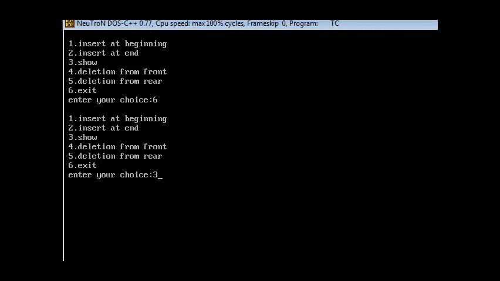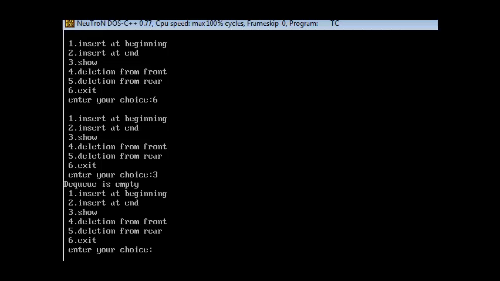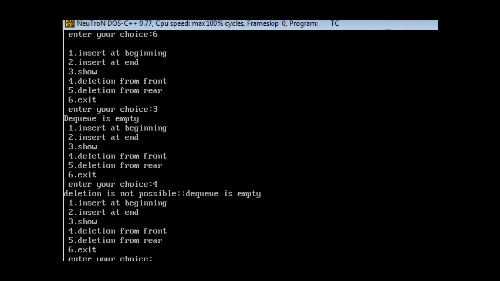You cannot display the values of an empty queue, so a message will be displayed on the monitor: the queue is empty. Now try to delete the values, either from front or rear end. Try to delete from the front end. DQ is empty, so deletion is not possible, because the queue is empty. Suppose I take choice 5, delete at rear end. DQ is empty, deletion is not possible.